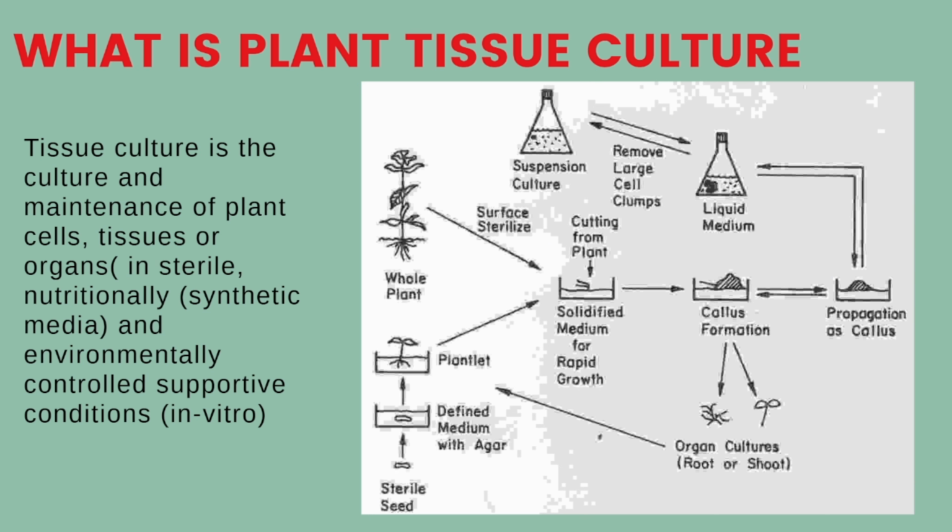In a very simple way to think of it, you can take any part of the plant, not necessarily seeds. Because normally, we know that if you want to plant a plant, you require the seed of the plant, right? Then you can grow the plant. But in plant tissue culture, you don't need to use the seed. Any part of the plant can be grown. You can use any part of the plant, either the leaf, the flower, the shoot, the root, or the stem, and you grow it in the